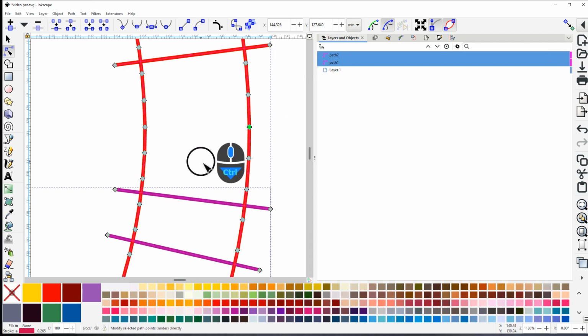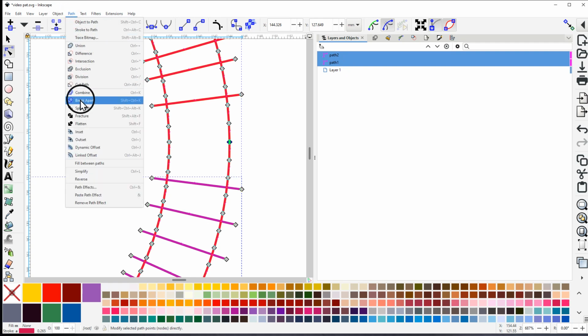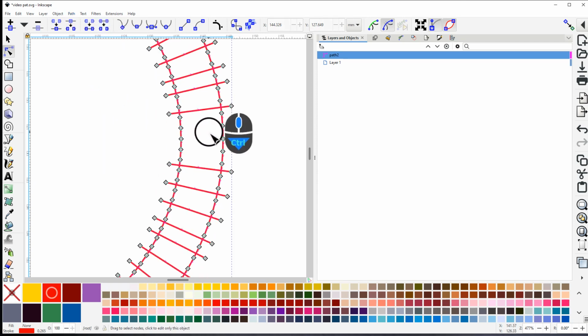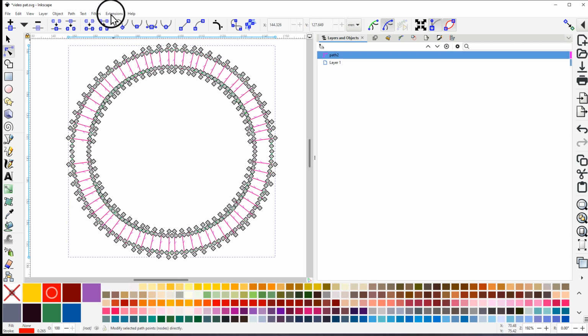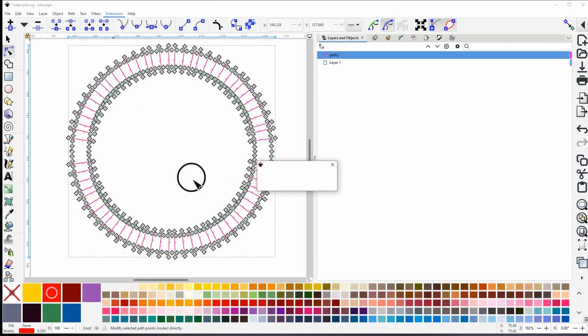The rungs are still staying in a separate path, but since we have selected both of the paths with the node select tool, we also have both paths selected in the layers and objects panel. So then all we need to do is path and combine. So now we have one satin. Then we can go and apply the params, Ink/Stitch params,